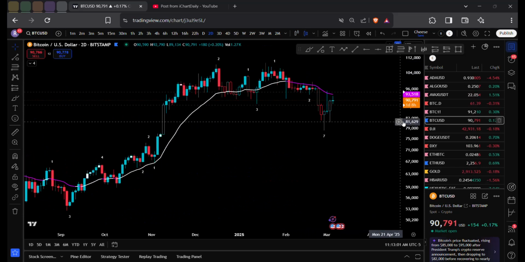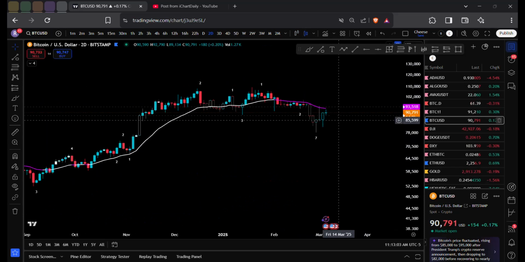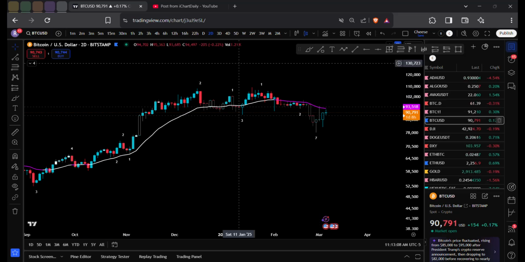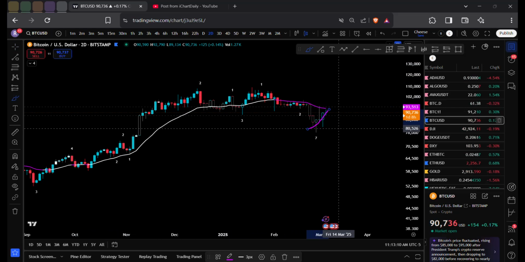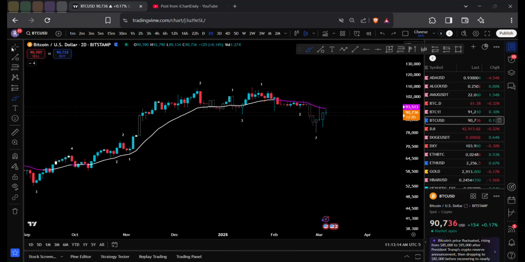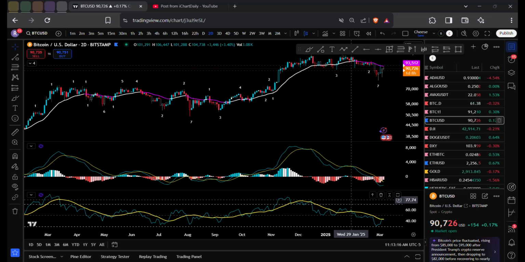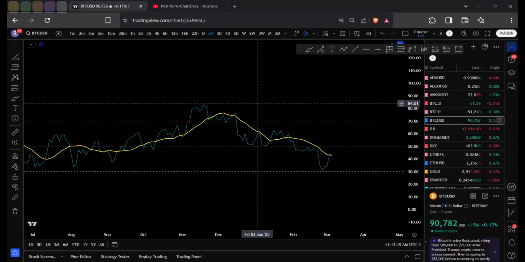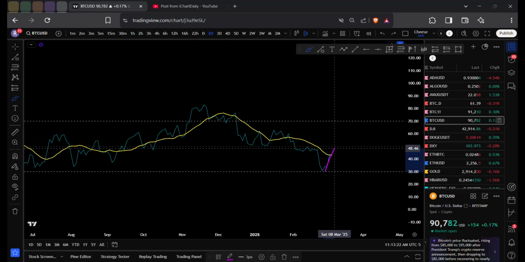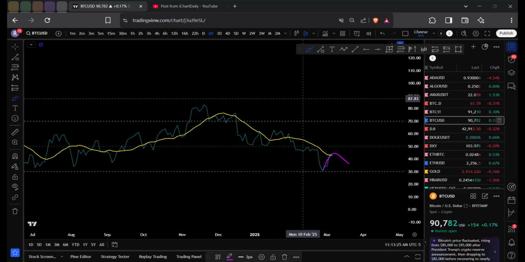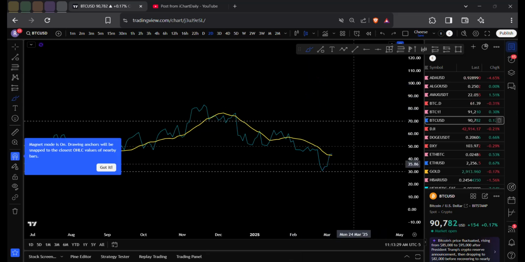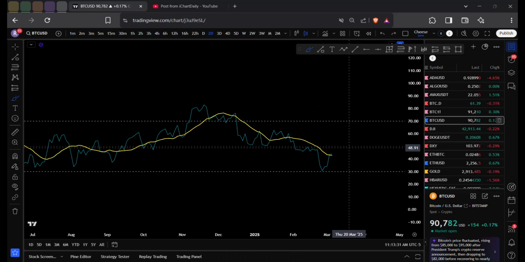So now we want to see, you could see the 7 popping up. We have 7 divergences that were forming on the 28th. Came back up. Now we're seeing rejection. We want to see a same low or a higher low while the RSI waves are also making a higher low. We don't want to see same low. We want to see higher low while the price is doing the same or higher. That shows either bullish or hidden bullish divergence.